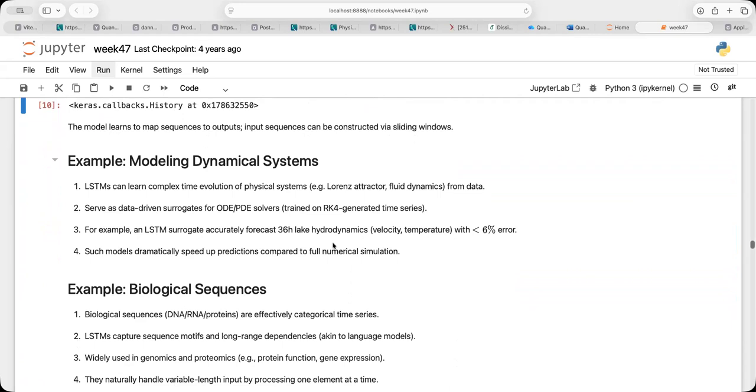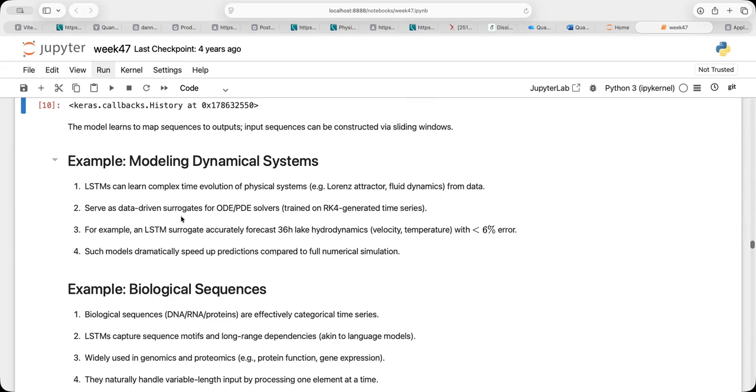So one of the typical applications, and the application you will see below here, is an application to an ordinary differential equation, where we use the Runge-Kutta 4-4 method to generate the data.